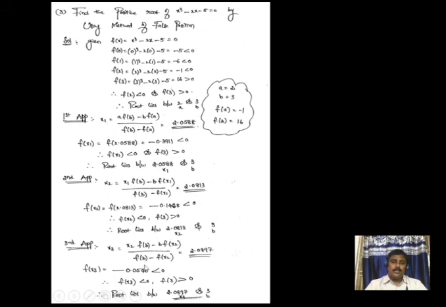So I have continued for the fourth iteration, and then I have gone for the fifth iteration. Then these two values are the same. So I can see that the fourth and fifth iterations are same. So I have to stop the process. So I have the answer 2.093. So for this problem, I can stop the process at the third iteration also.